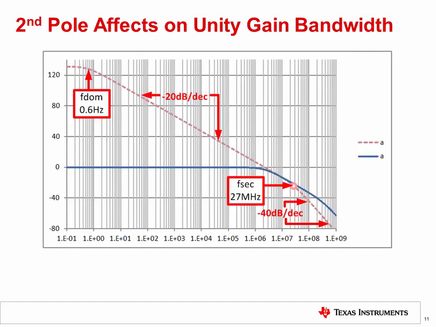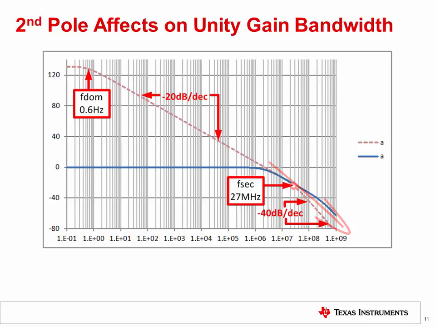Here we have a plot of the open-loop gain of an amplifier and the closed-loop gain of a buffer. The open-loop gain curve is shown by the red dotted line, while the closed-loop gain is the solid blue line. The dominant pole in the AOL curve is located at 0.6 Hz. At frequencies greater than 0.6 Hz, the AOL curve rolls off at a rate of -20 dB per decade, until it crosses unity gain, or 0 dB, which is approximately 2 MHz. Notice that the closed-loop gain starts to follow the AOL curve once loop gain runs out.